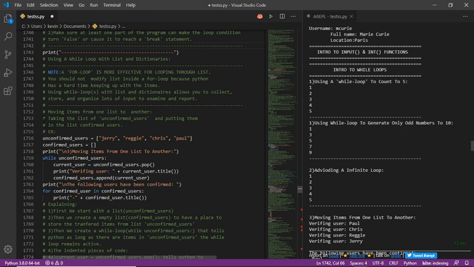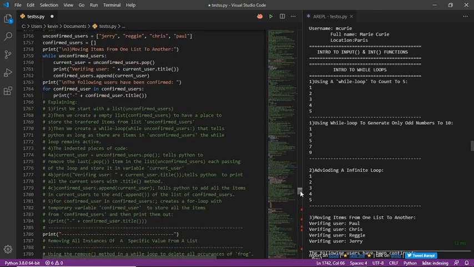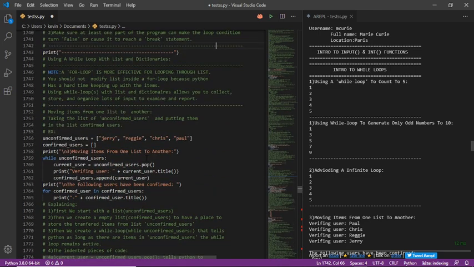So right here, we're going to be moving items from one list to another. We're going to take the list unconfirmed users and put them in the list confirmed users. That's what we've got going on here. To explain this, we have a variable called unconfirmed users, which has a value of a list with elements Jerry, Reggie, Chris, and Paul. And then we have a list of confirmed users, which is an empty list to which we're going to convert